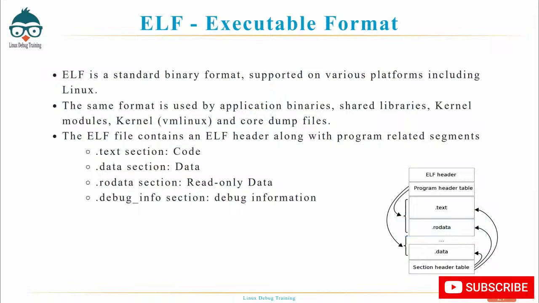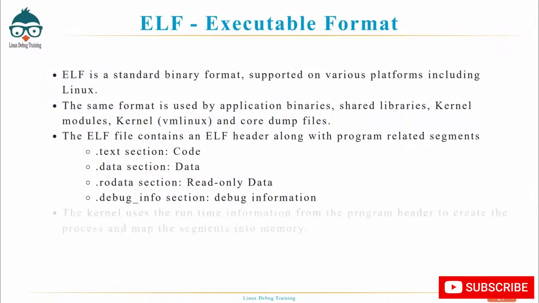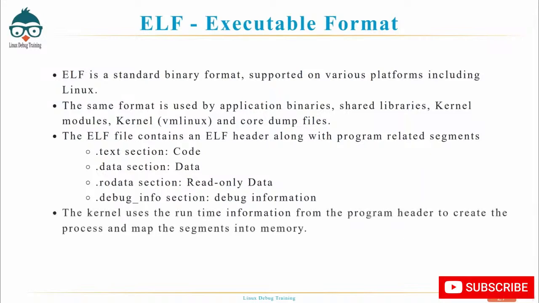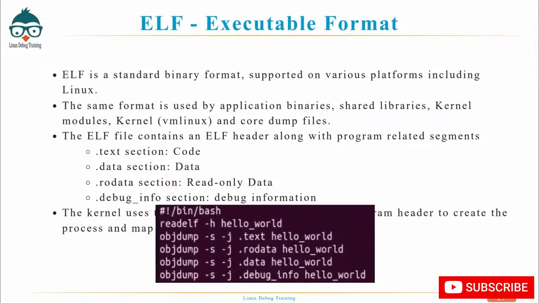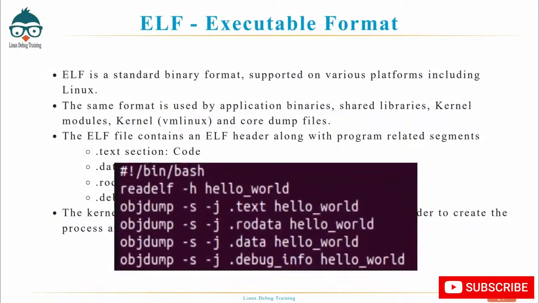The debug info section contains detailed debugging data used by debugging tools and symbolic debuggers to map compiled code back to the original source. The ELF header serves as the entry point for parsing and loading the ELF file, and the kernel uses the runtime information from this program header to create the process and then to map the various segments into memory. We will take a more detailed look at the use of the readelf and objdump utilities